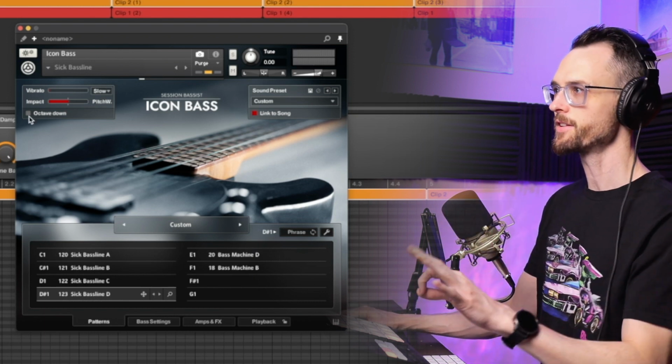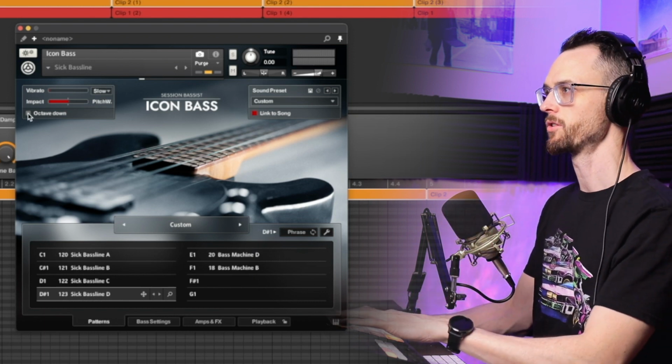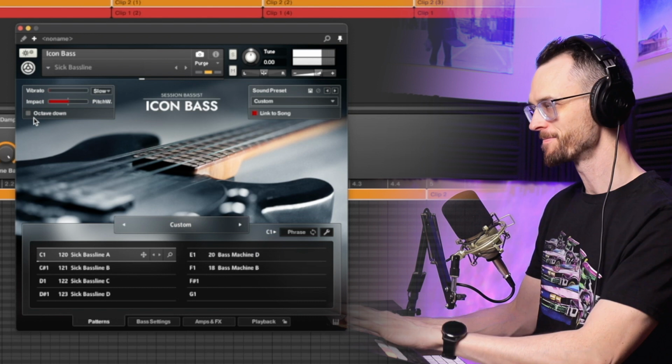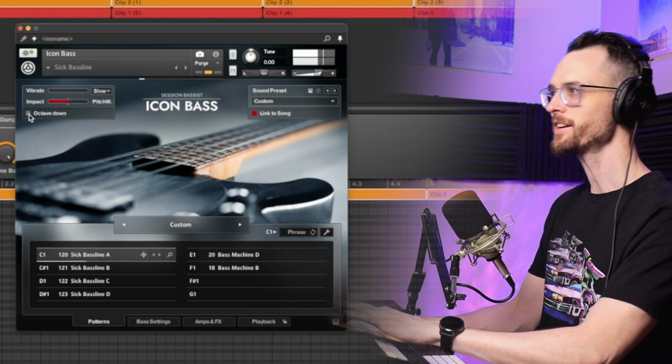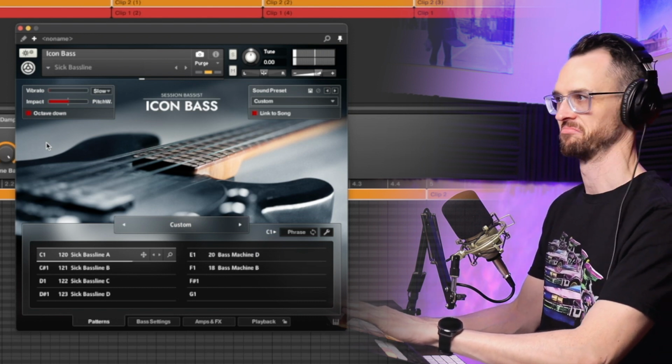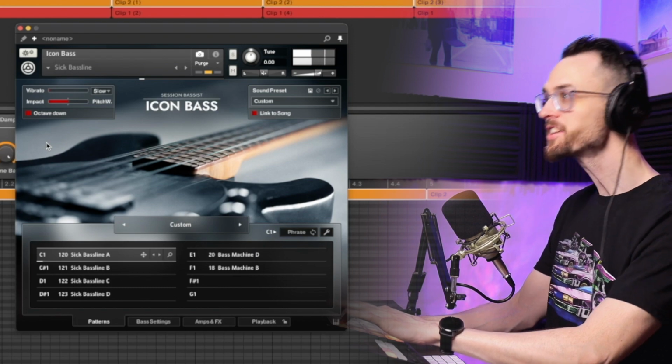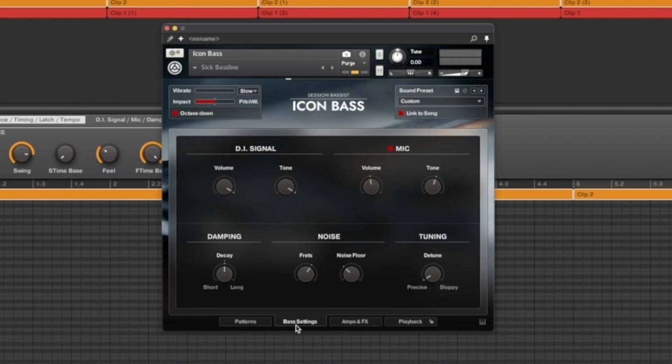One of the things that I love here is this octave down button. So if I'm playing this pattern, click this, bass face engaged. Moving over to the bass settings tab, you can see that you can control your DI signal